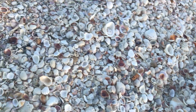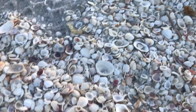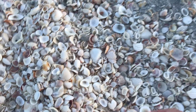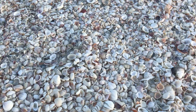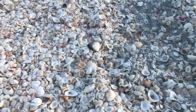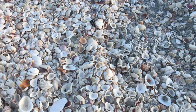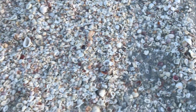I found several good ones in this pile. Oh, here's a spiral. Piece of a sand dollar. Oh, this would have been nice if it would have been whole. See, I'm finding several goodies in this. I already showed that, but